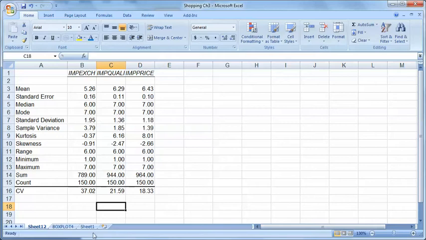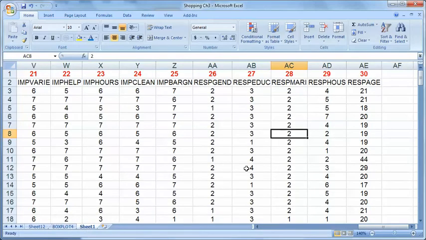Okay, problem 4 asked us to determine the coefficient of correlation between variable 29, the number of people in the house, and variable 30, age. What we're asking is, is there any relation between a person's age and how many children they have in the house? Yeah, that's what we're asking. And so how do we do that? Well, we have to get back to our data. It's 29 and 30. And you have to play with this a little bit, and I'll talk about this in a second, but first